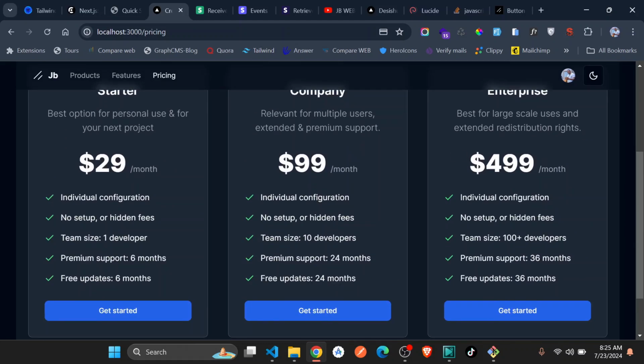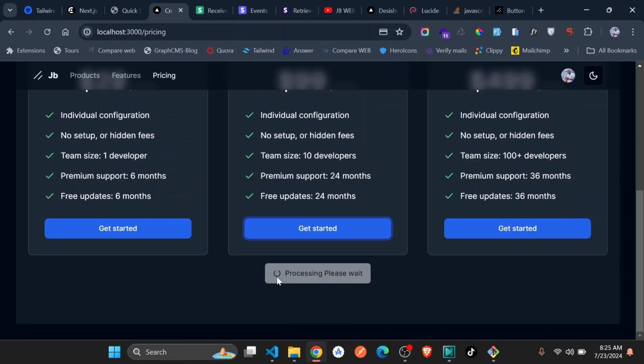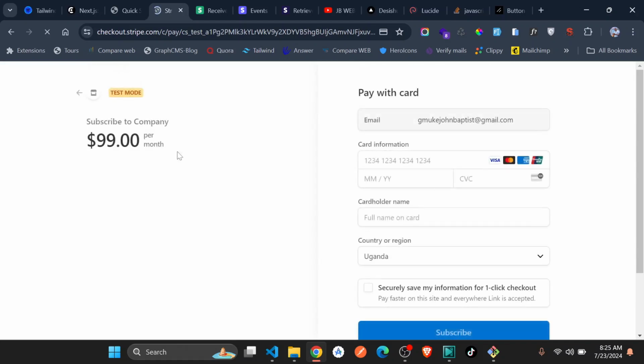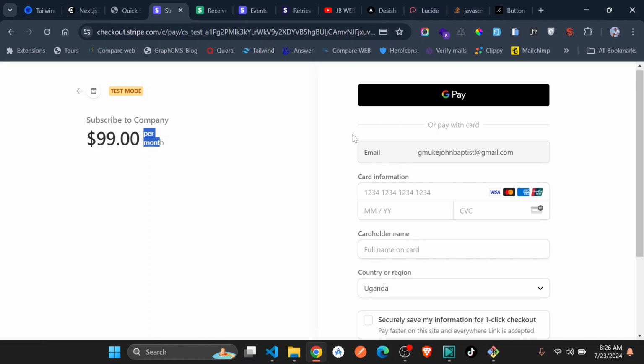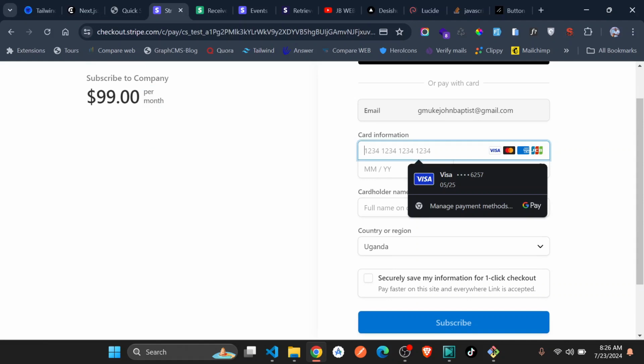I can just go ahead now and subscribe to any of these packages, so you can just click on this one of $99. And if you go down here, you can see we are processing, please wait. And this takes us to this page, and you can see subscribe to company, and this is the package, $99 per month. And then you can see we are already auto-filling the client's email, and now we can just go ahead and use the test mode,